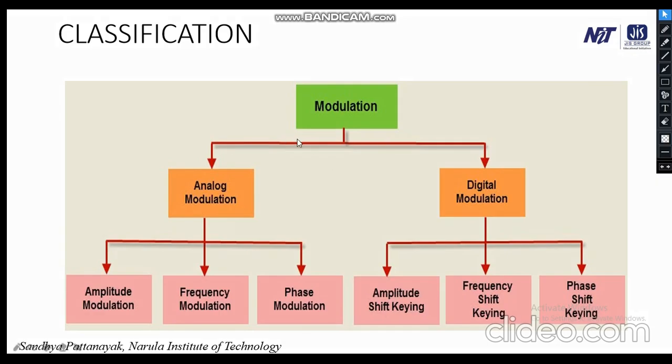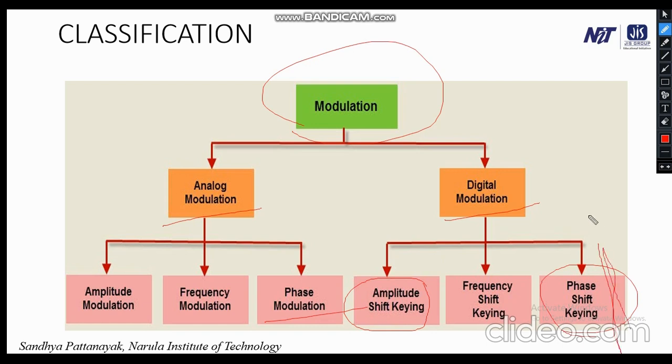So, as I discussed in the previous class, this is the classification of the modulation techniques. The basic classifications are analog modulation and digital modulation. Here we have not mentioned the pulse modulation techniques, but we already completed those: pulse amplitude modulation, pulse width modulation, and pulse position modulation. In analog modulation techniques, we have AM, FM, and phase modulation. In digital modulation techniques, the amplitude shifting is over, and now we'll be discussing the phase shifting.